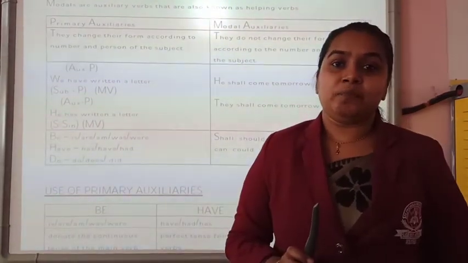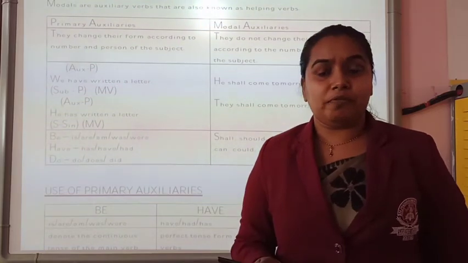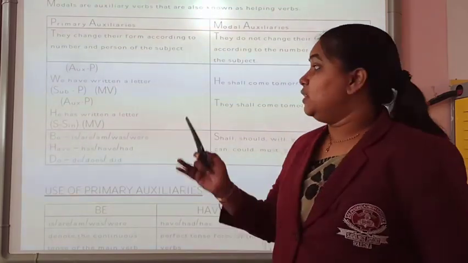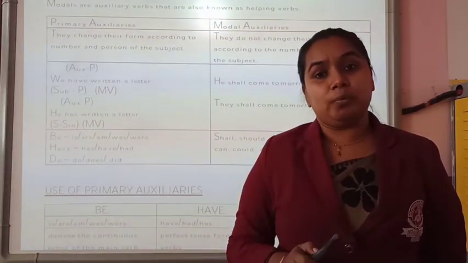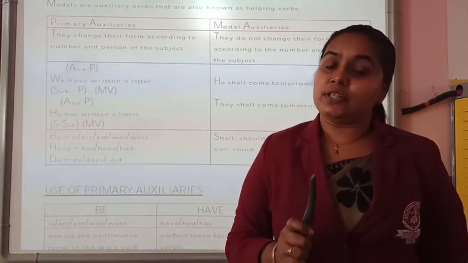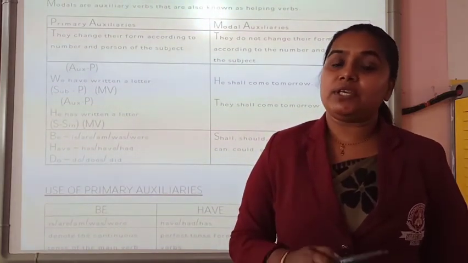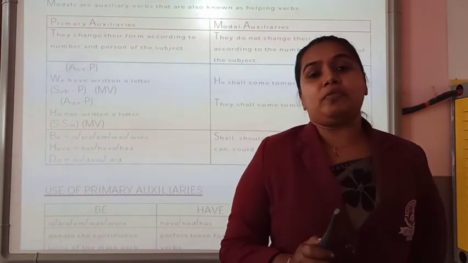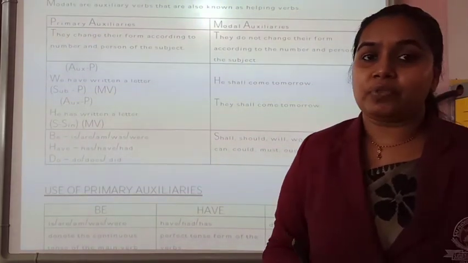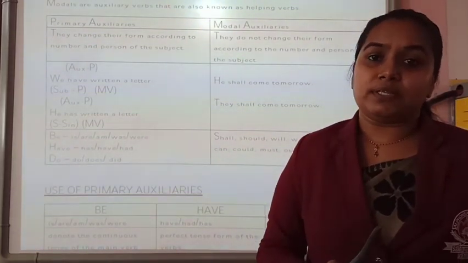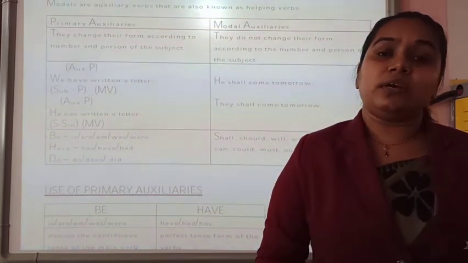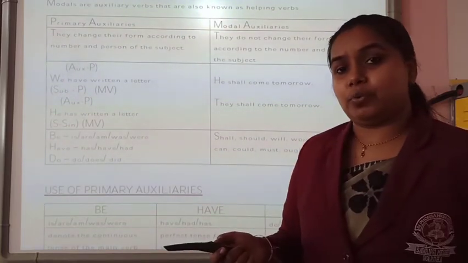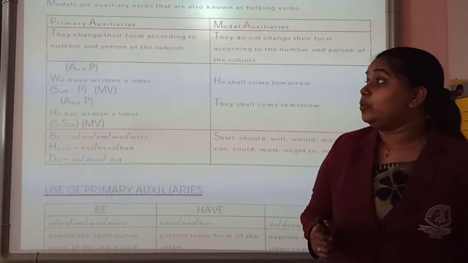The same goes for the first person, second person and third person. For the first person, whether it is singular or plural, like I, singular, and we, plural, we will always use the plural form of the auxiliary verb. This goes the same for the second person, you. It can be singular or plural, but we will always use the plural form of the primary auxiliary verb. Now comes the third person. A singular third person will take a singular auxiliary verb. A plural third person will take a plural auxiliary verb. So you have to keep that in mind.